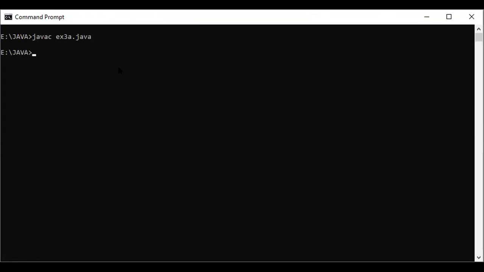By pressing enter, is there any compile error? There are no compile errors here. So you can go and run this code, java space ex3a, which is the file name. When I press enter, hello KHIT is the output from the static method, and hi KHIT is the output of the public method invocation. Got it?